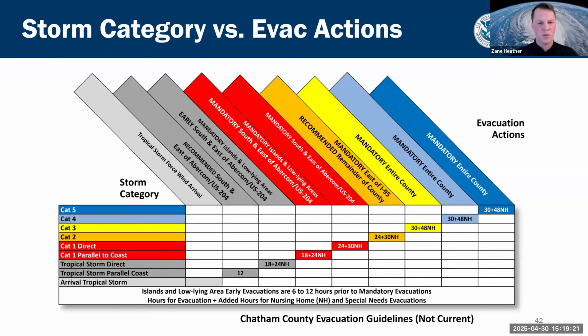One thing I also like to point out here is they don't only have the clearance times for general population evacuation, but they also have clearance times associated with nursing homes and special needs evacuations. So when you think of those institutional populations, nursing homes, critical care facilities, hospitals, prisons, those will all have different evacuation characteristics and different clearance times, and should also be baked into your plans. You can see here the storm category and storm situation on the left, and then what evacuation actions that would trigger based off of the threat.